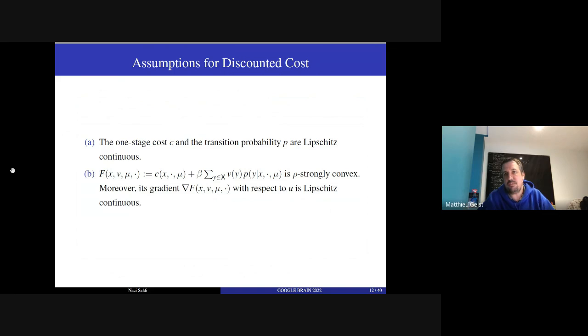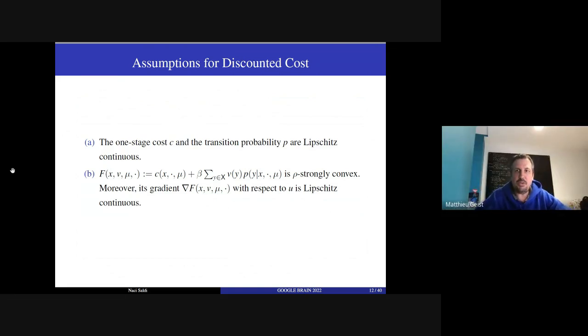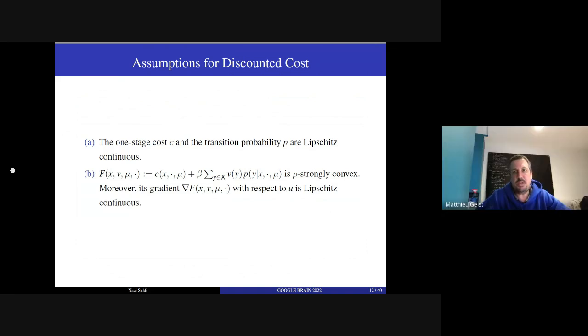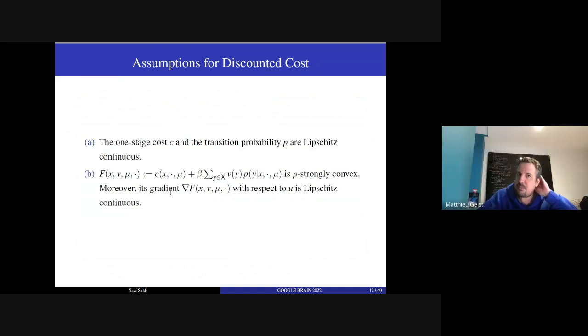Actually, I couldn't hear your last sentence. If you remove the dynamics, so that you have a single state, no dynamics. Yes. And so you get a static mean field game somehow. How have you thought about what kind of games would be encompassed by your framework? Oh, I see. So in this case, in this assumption, we don't have the second term, just the cost function, right? Yes.